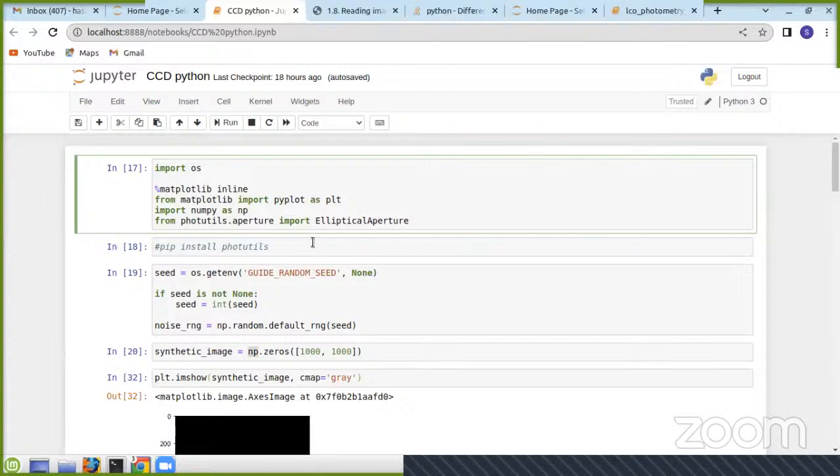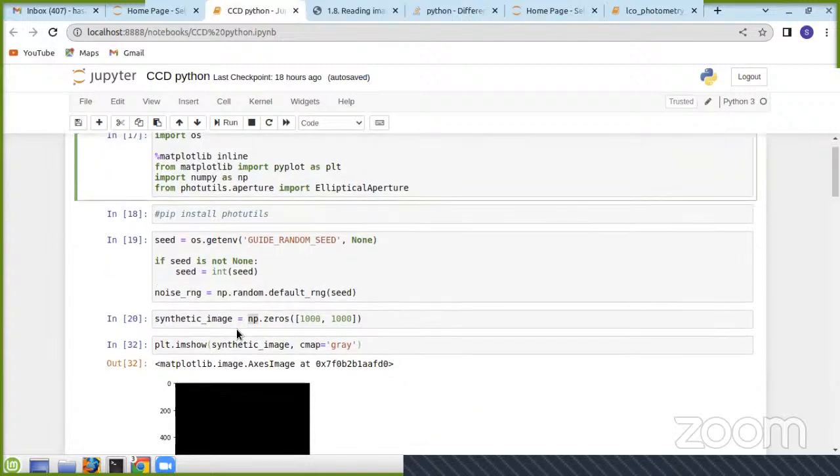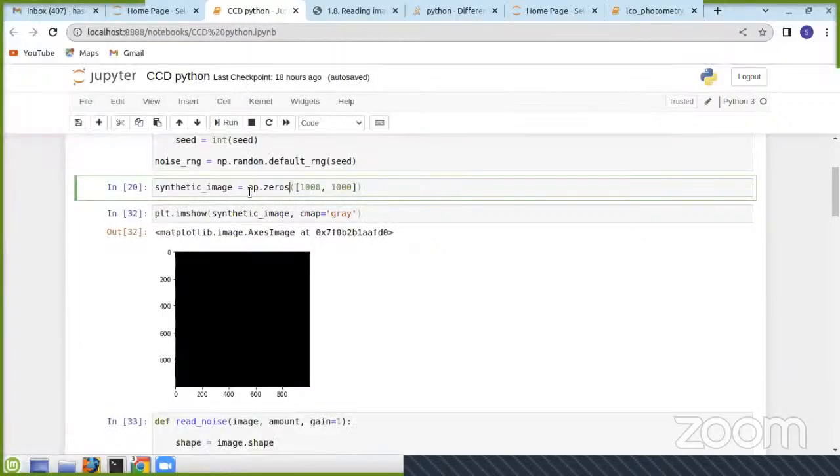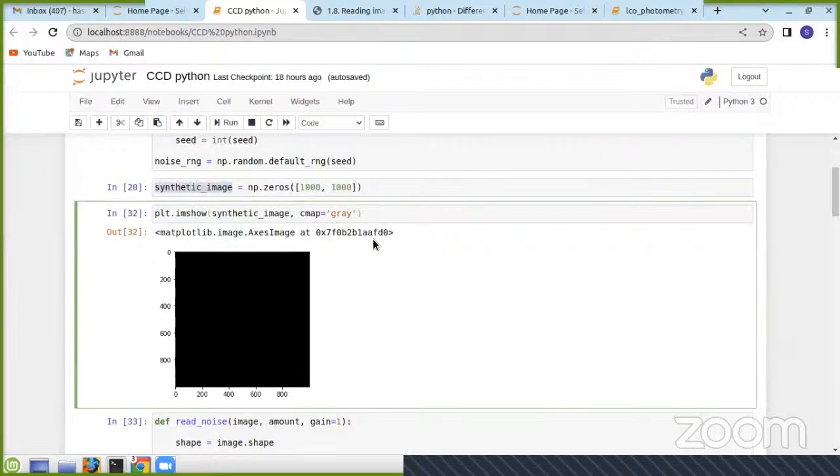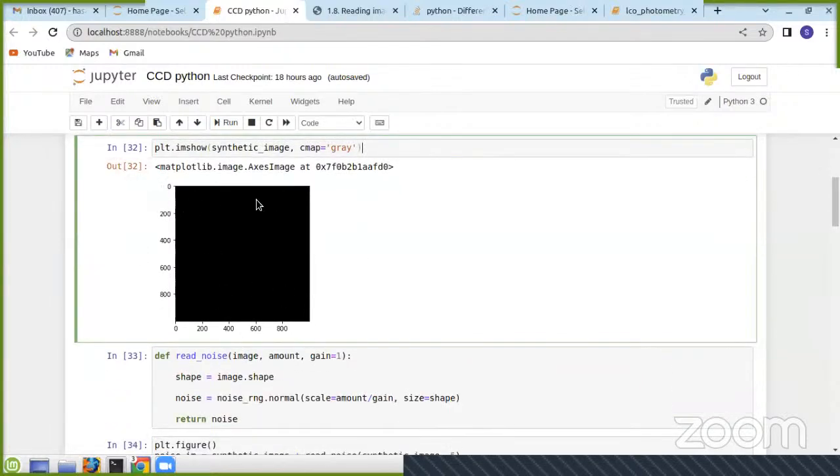Basically we realized both the mics were closed. I will share one more Python file in which you can construct synthetic images. For example, here I am constructing a synthetic image. I am using numpy zeros. It's basically a matrix I'm constructing with 1,000 rows and 1,000 columns with all zeros in it. And I am saving it as an image, right? I'm calling it a synthetic image. And when I'm plotting it in grayscale, I am getting this because they are totally 0, 0, 0,